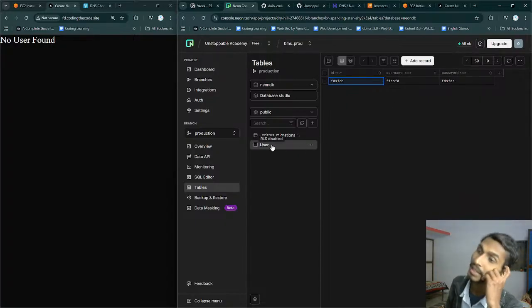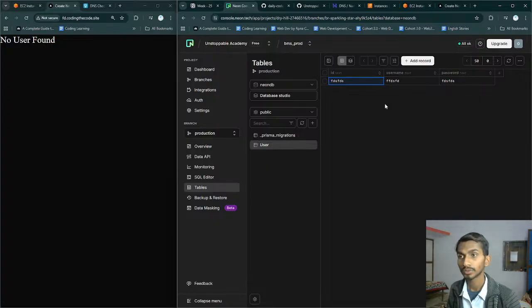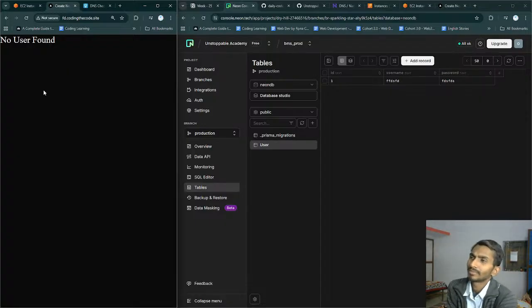If statically generated is the problem, we can make that client, and once that is actually client, it should work fine then. Save it. No user found. FD production. Then what is the use of making a DB call?